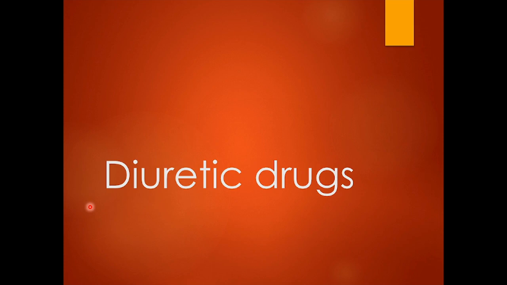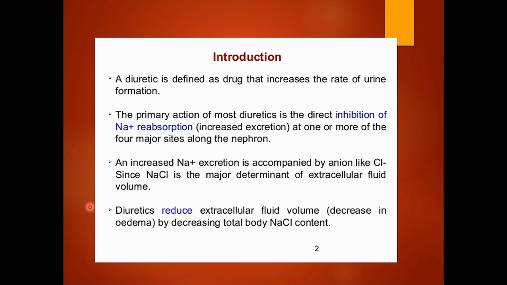Today I would like to discuss the topic diuretic drugs. What are diuretics? A diuretic is defined as a drug that increases the rate of urine formation. It not only increases the rate of urine formation but also helps in the rate of urine excretion